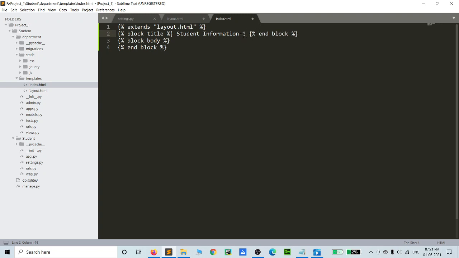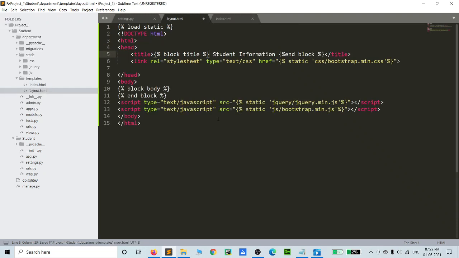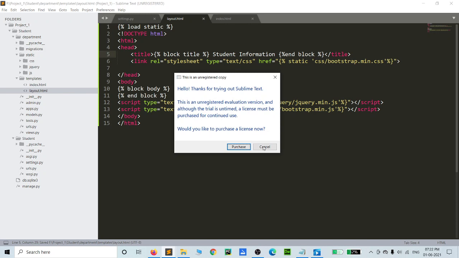That's why I create student information and student information one. Inside the body sections I can create one HTML tag like that, hello Django. Now I save this file, and also I can save this layout.html.